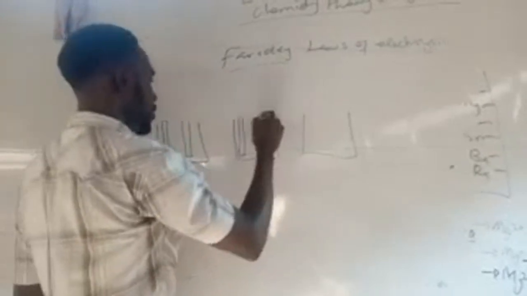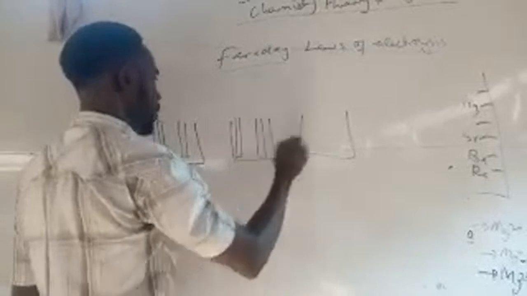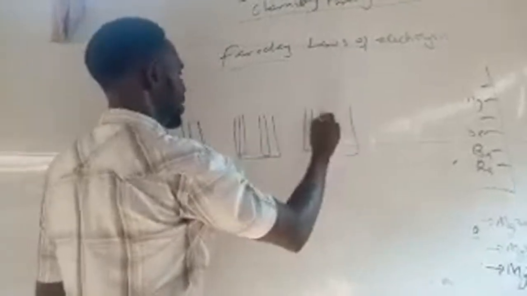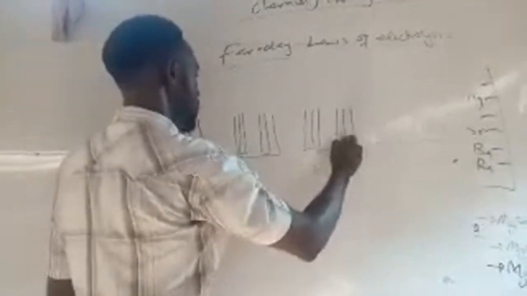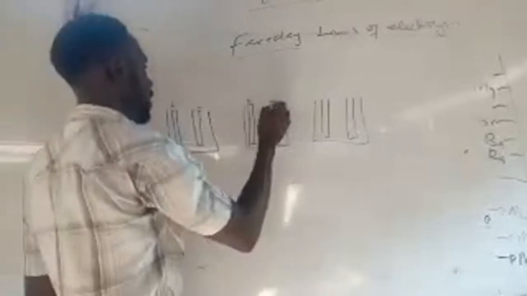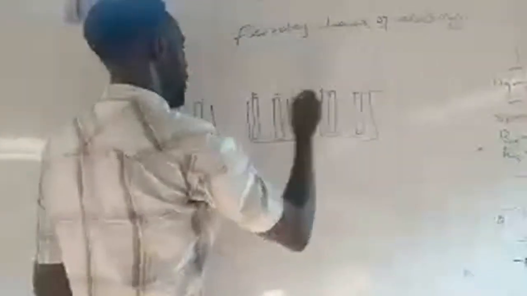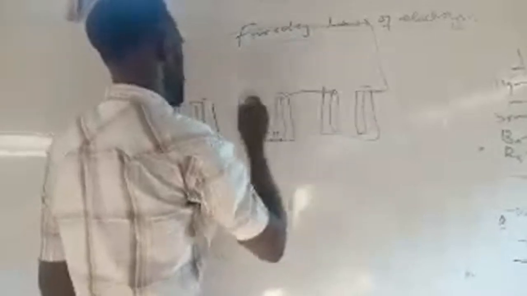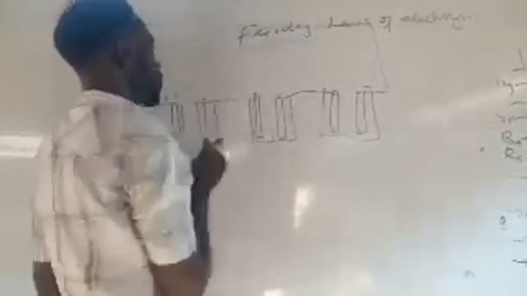But I know your physics will tell you what we mean by series and parallel connection. So if here is plus, here is minus, the next is plus, this should be negative. So that connection from here to here is the final connection. Then the other ones move this way from negative to positive.